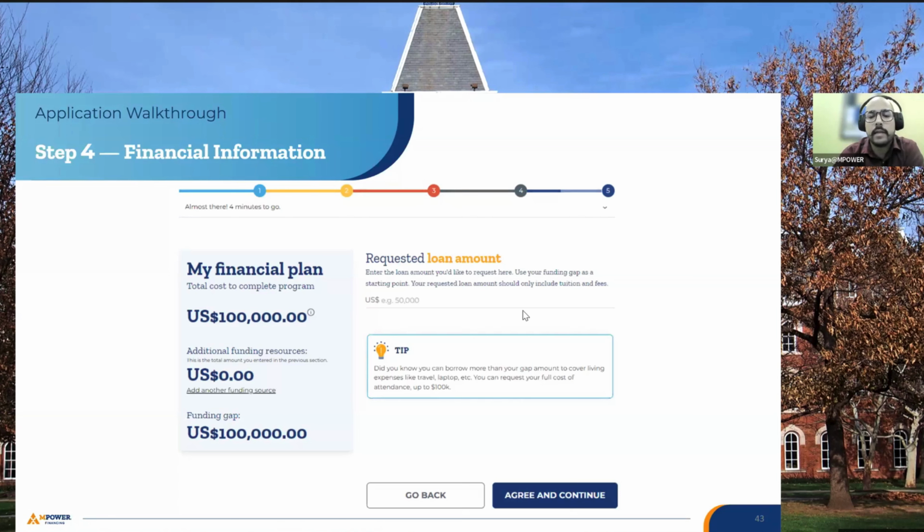One thing to understand is that if you're applying for only one semester, which is fall 25, spring 25, or summer 25, in that situation you can apply for a maximum loan amount of 50,000. So $50,000 is the maximum limit for one semester. If you are applying for an AY, meaning an academic year, which is 2 semesters, then you can request a maximum loan amount of $100,000. Currently, $100,000 is also the lifetime limit of your loan application.